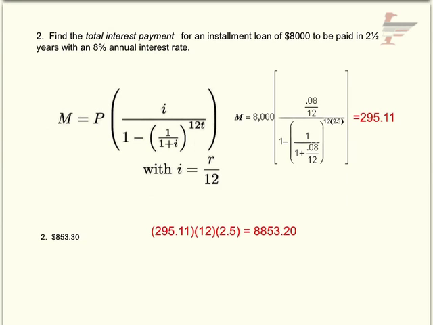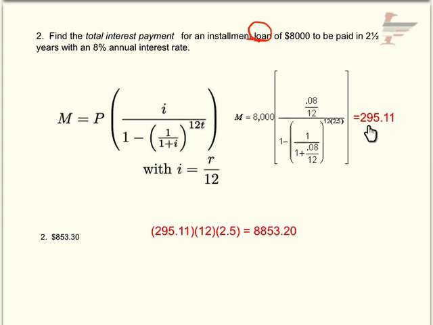Okay, number 2 is find the total interest payment for an installment loan. So again, loan, loan, loan, keyword, right? But now you want to find the total interest. So first of all, you find your monthly payment. You know it's a loan, so you know you're putting everything in. You borrowed $8,000, so you put that in for P. 2.5 years, so you put 2.5 in for time. 8% is your rate, right? So dump all that in, you get